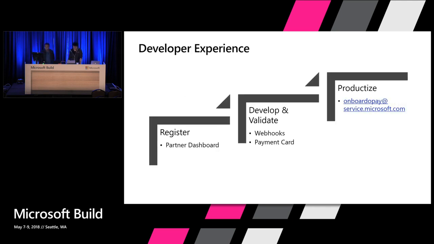Yeah, sure. So onboarding to payment in Outlook is a very straightforward process. Essentially, there are three processes that a new developer will go through. First is the registration. There is a self-serve portal within Office where the developer can onboard to payments in Outlook.